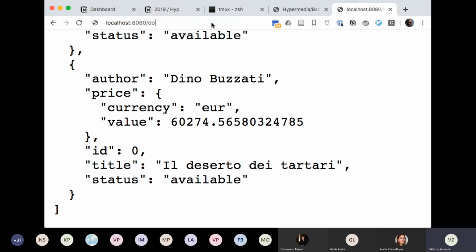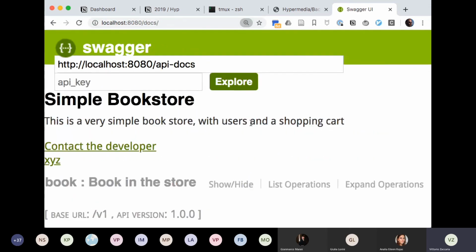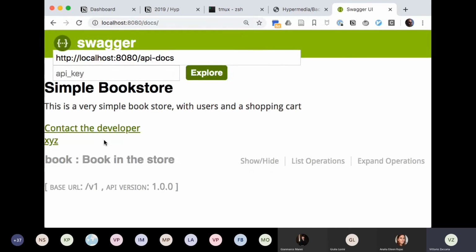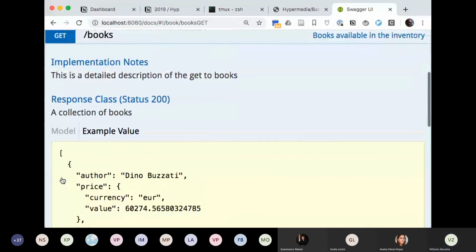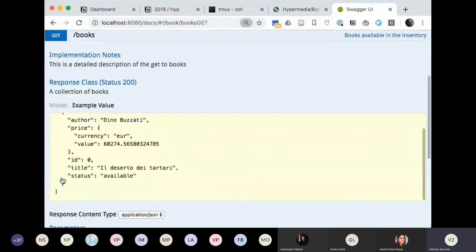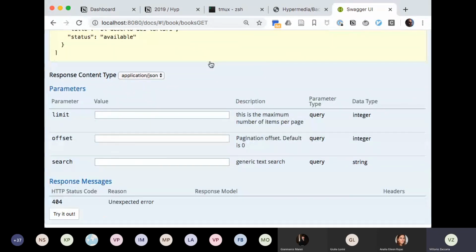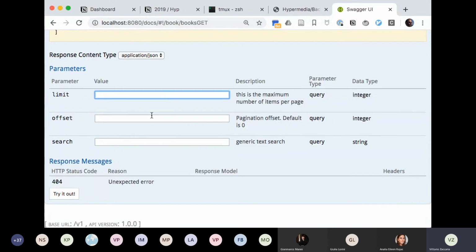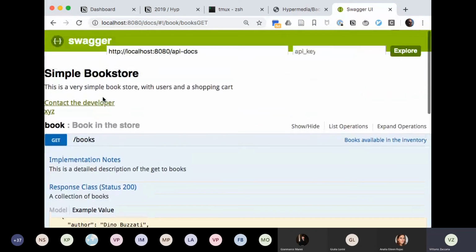But if we go to the /docs URL, we get the automatically generated documentation, which describes exactly our API. And as a matter of fact, we are also able to test the API on the running server directly from this. So, for example,